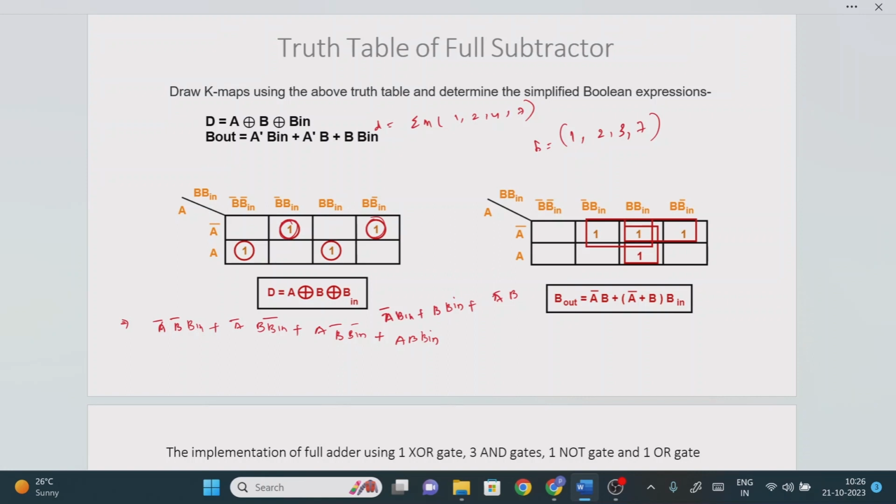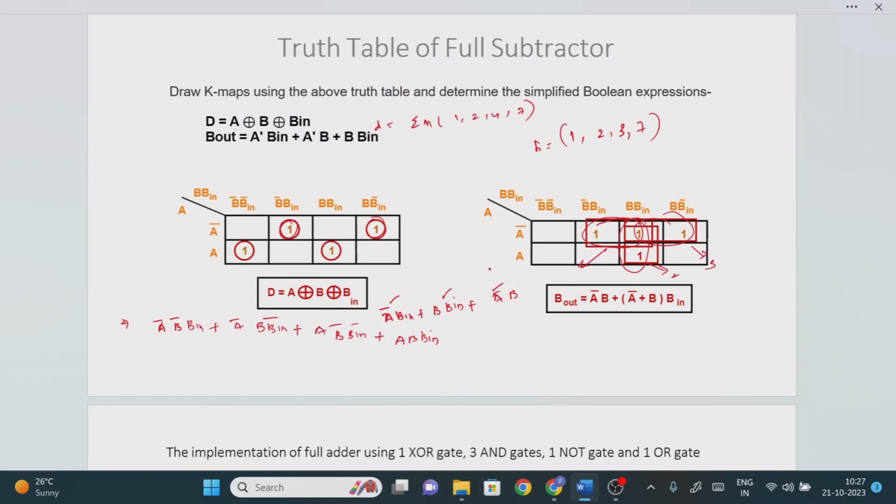Now for this one, what is the logic expression? Grouping of these two ones, again these two ones, again these two ones. I am not going to explain here how to find the minimized expression by using the K-map method. If you don't understand how to perform this minimization, go back to my previous video so that you will understand K-map operation. Then it will be easy to understand this K-map representation. Now if you observe, what is the output value? We got A bar B, B in, A bar B, so product term 1, product term 2, product term 3.